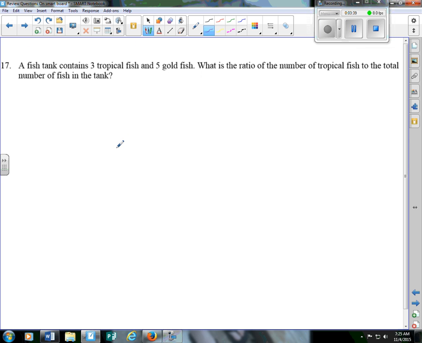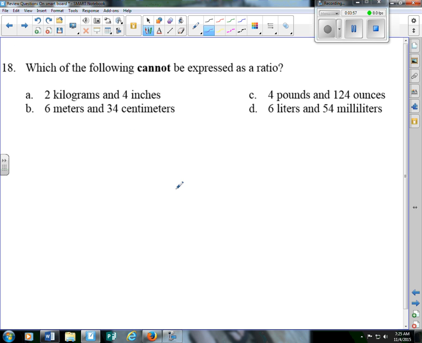A fish tank contains 3 tropical fish for every 5 goldfish. What is the ratio of the number of tropical to the total number of fish in the tank? So we have 3 and 5, so it's 8. 3/8 is the next answer,